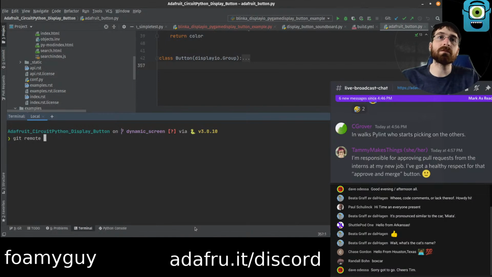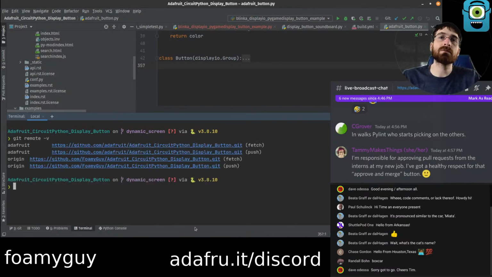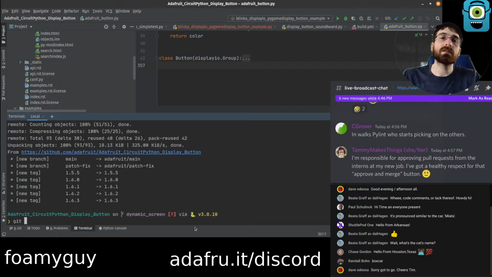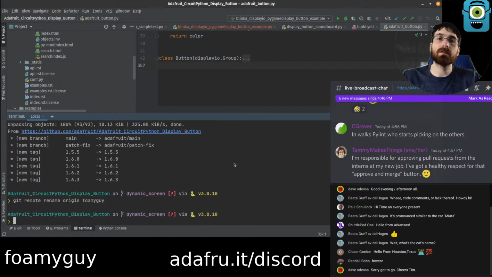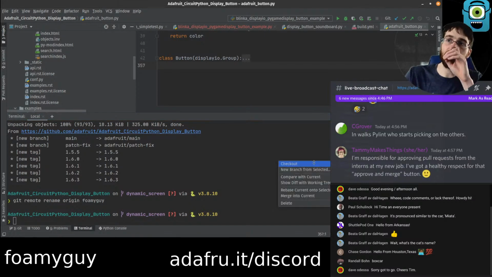What do we have for remotes? We do have Adafruit. Git fetch Adafruit. Git remote rename origin, foamy guy. Yeah. We have main now. There we go. Check out main.